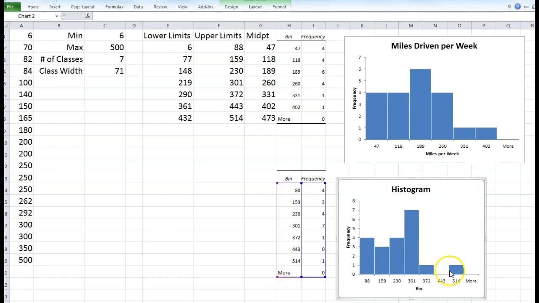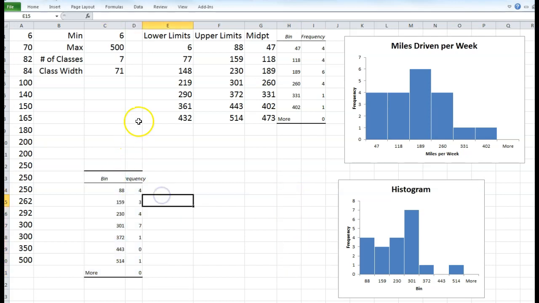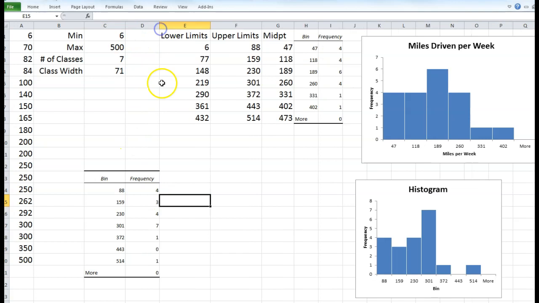So we have data that's definitely skewed to the right, with a big bulk of it being on the left hand side. All right, we didn't talk about this much in class, but I'm going to move this over here. If I wanted to create a relative frequency distribution from a frequency distribution, remember relative frequency is